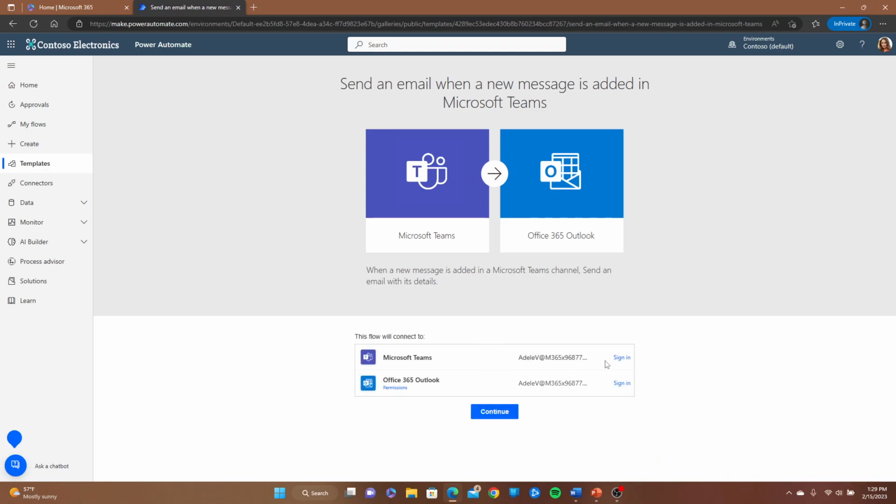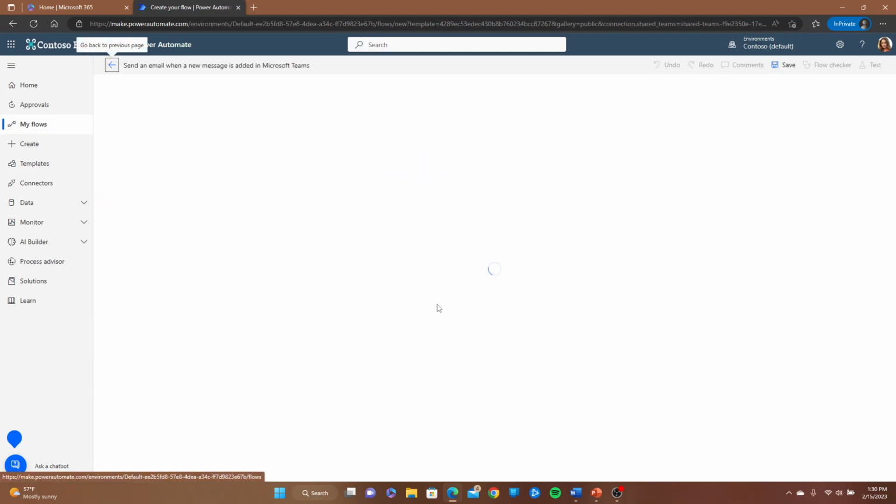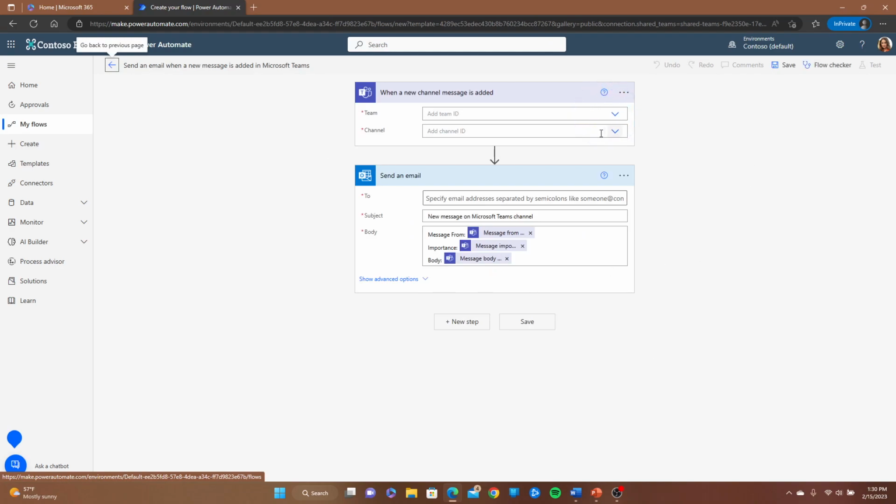It looks like I'm not, so I need to sign in from here. So I'm going to click on sign in. In a lot of the cases that is third-party applications, it will prompt you to log in. If you are logged in already to your Microsoft Office, in a lot of cases, you'll be logged in automatically. But as you can see, that was quite simple. Since this is for first-party Microsoft applications, I didn't have to do much other than to prompt it to log in. Once I hit continue, it will guide me to this tree view here, where I can start building out